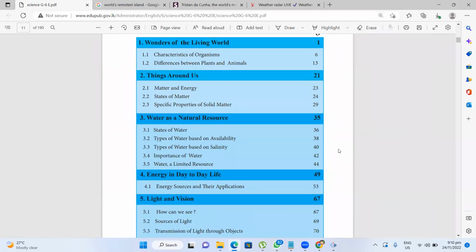Wonders of the living world. That was the first lesson that we learned. There we discuss the organisms: different kinds of organisms like animals, plants, and also microorganisms, which you cannot see with the naked eye. We have to use a microscope to watch those organisms. They are really tiny. For example, fungi: we can see fungi on bread, but that is due to the fungi colony, the large amount of fungi there. But a single unit you cannot